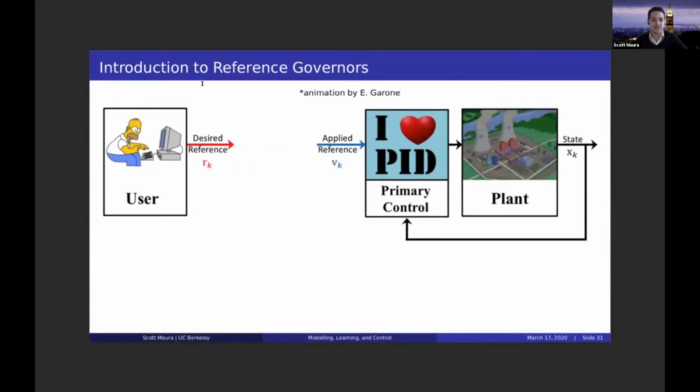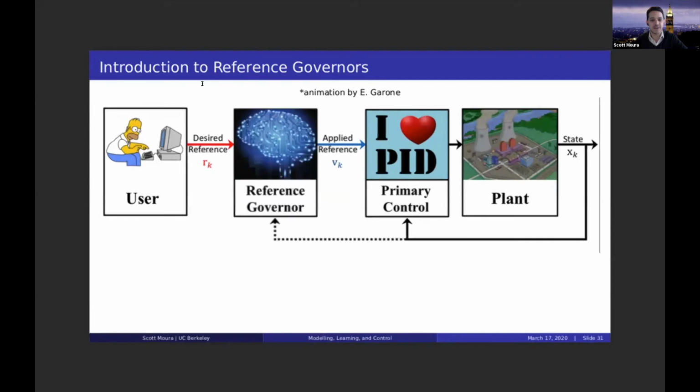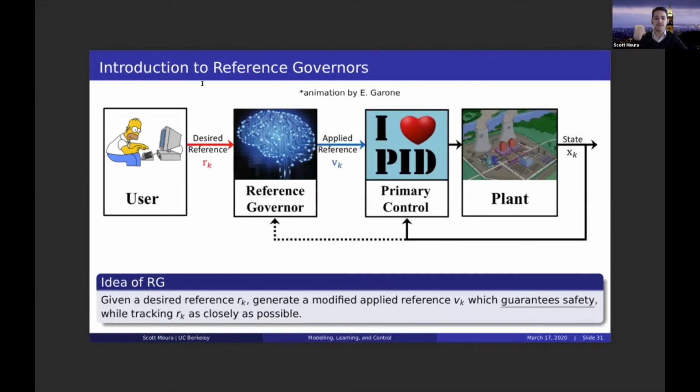So the idea here is to put some sort of block in between the desired reference and the applied reference, this reference governor, given by this pretty graphic that suggests it's AI. It's not AI, it's just mathematical models of batteries. That's it, what this community works on. And we're going to use that mathematical model to check if we're violating constraints. So the idea is that we're given a desired reference. We want to generate a modification to that reference, which guarantees safety, but tracks that desired reference as closely as possible. For us, that's going to be keeping the battery state of charge at some high value that we're trying